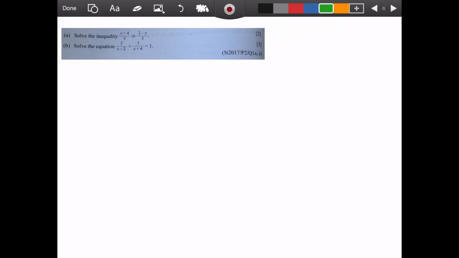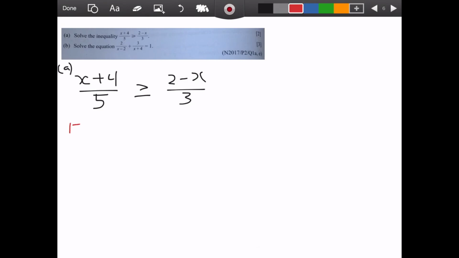Alright, the question asks us to solve the inequality (x plus 4) divided by 5 more than or equal to 2 minus x over 3. This is part A. If you want to solve this easier, you have to remove the denominator, so it'll be easier for you to solve it. The easier way will be to just multiply by 5 and by 3, multiply by 15, right? So if you multiply by 15, when you put here,